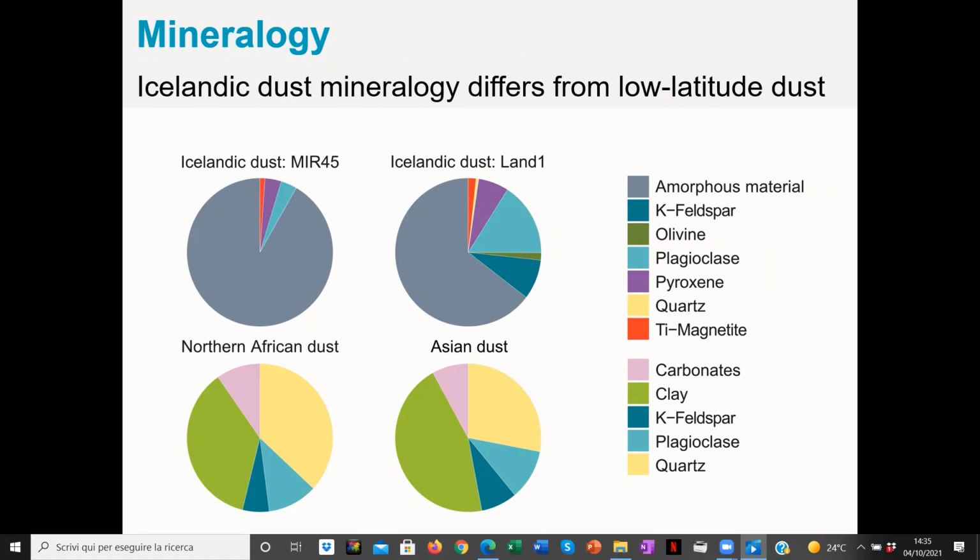Asian dust. In Icelandic dust, primary components are amorphous material, plagioclase, and pyroxene, while in Northern African and Asian dust, primary components are quartz and clay. In Icelandic dust, the amorphous material varies from 60 to 90%. In only one sample, which is from the Hagvatn Desert in western central Iceland, the fraction of amorphous material was